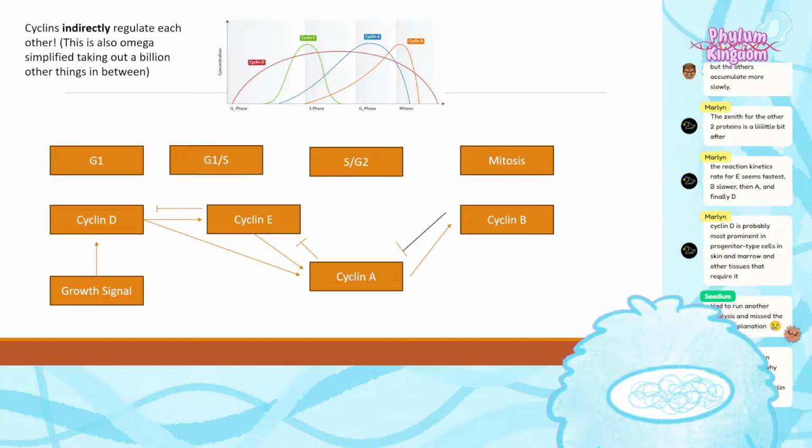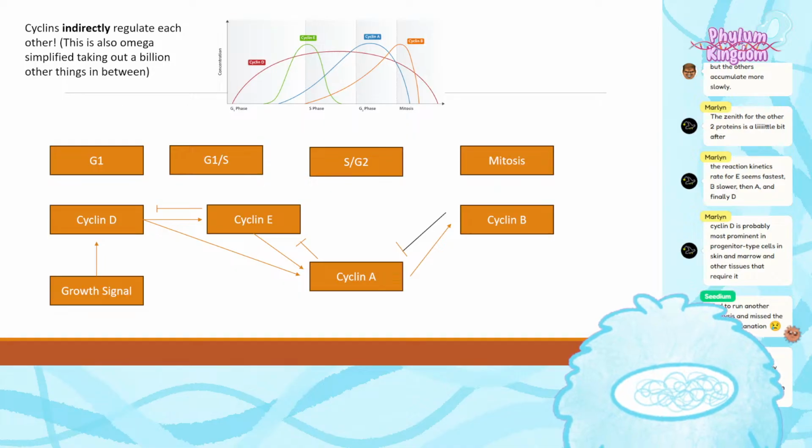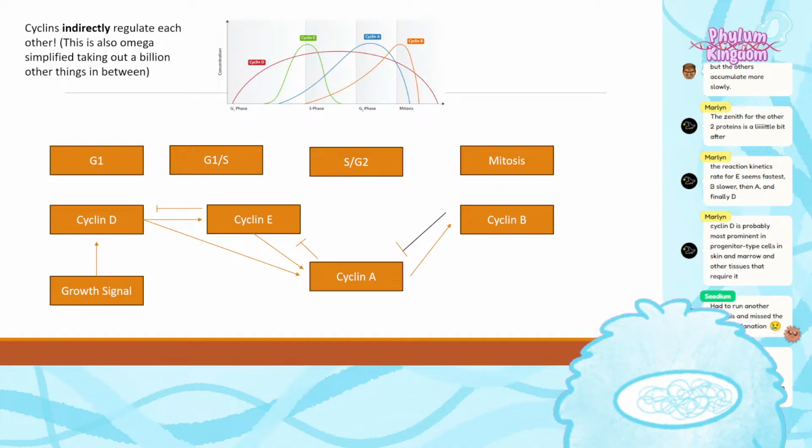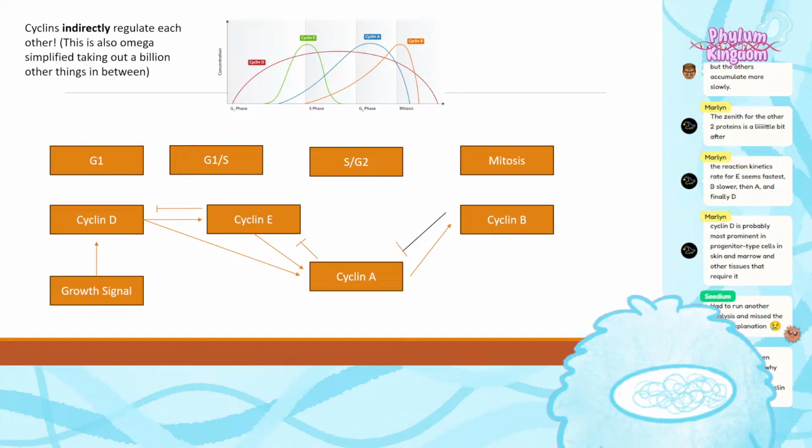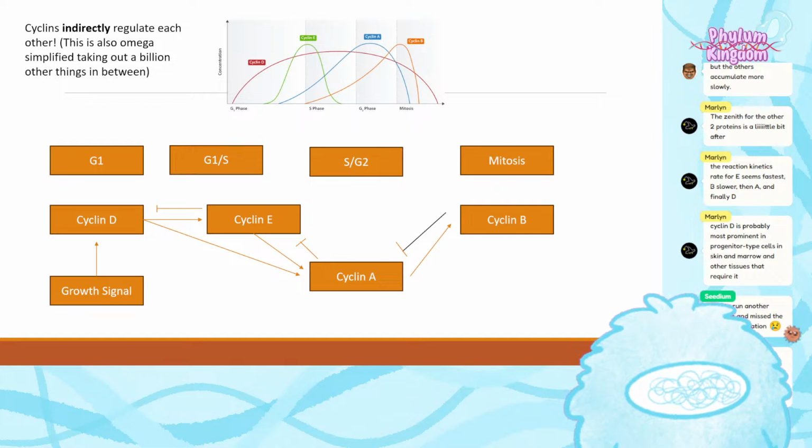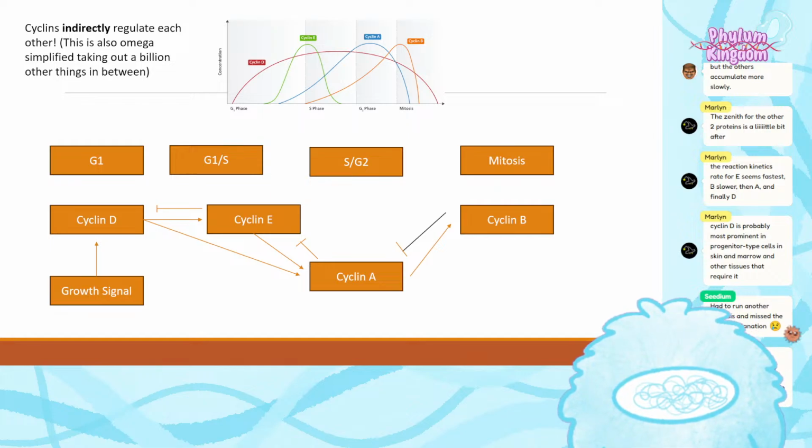Cyclin E, when it's high, activates cyclin A, which is why you have a lag time between the blue line and the green line. Cyclin A starts to increase, and when you have high cyclin A, you get the S to G2 transition. But cyclin A, just like its predecessor, indirectly breaks down cyclin E, so when the blue line increases, you have a decrease in the green line. Similarly, when cyclin A is high, that activates cyclin B. That's why you have this lag. And then when cyclin B is really high, you get the shove into mitosis. And again, as cyclin B increases, you have a decrease in cyclin A. This is all beautifully maintained and consistent internally.